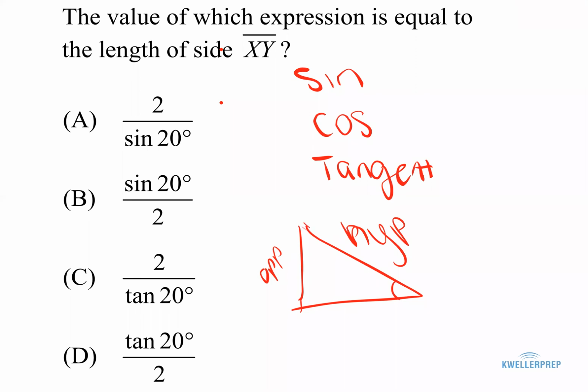Wait, what does that say? What does what say? The triangle, the opposite. It just stands for opposite. I'm not writing it all the way out. And this is the adjacent side, when you're looking at it from the perspective of this angle here. So the sine is equal to the opposite over the hypotenuse,